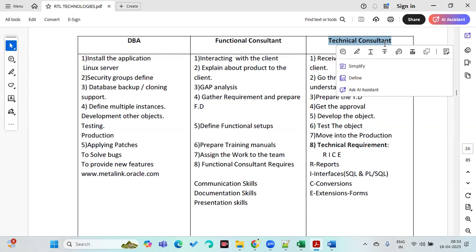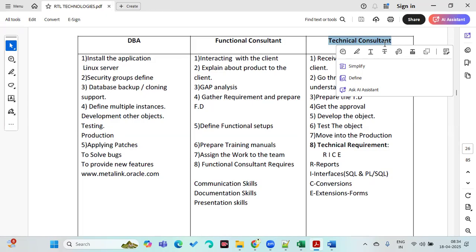If you assign any technical task, I'll do it immediately, right away. But if you assign some functional task, maybe I require some time to go through it and do it. But if you ask me to do the entire functional course, functional setups or configuration, I'm not the right person. That's what a techno-functional consultant is.